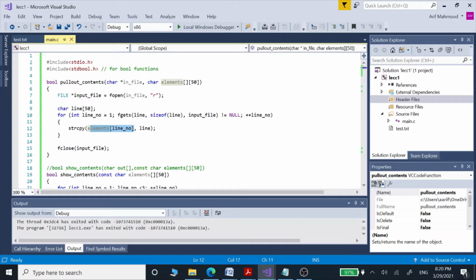After this for loop, we close our input file. So this is the way we read the contents of our input file and store those into this string array elements.